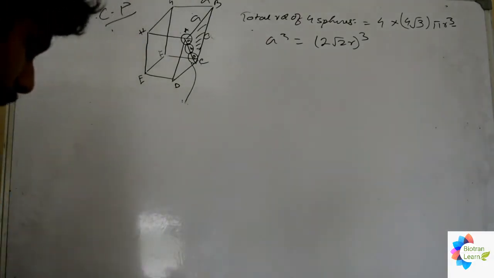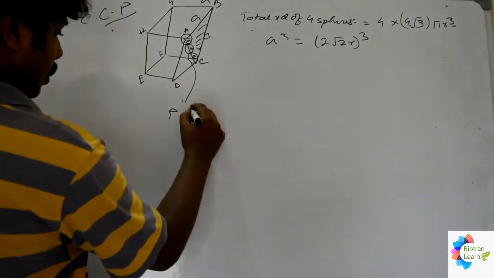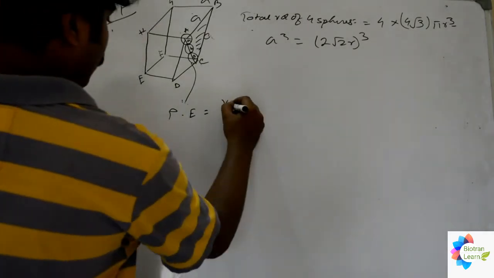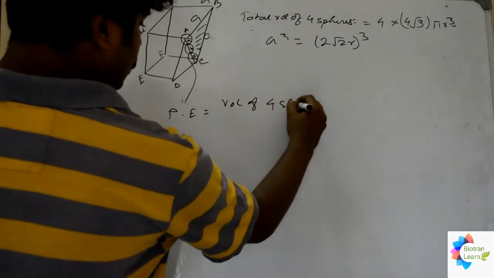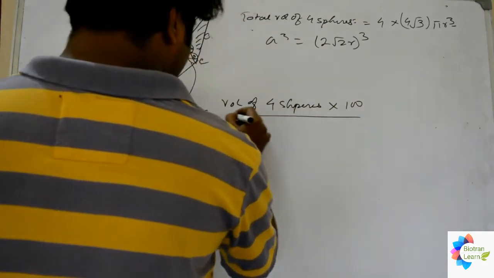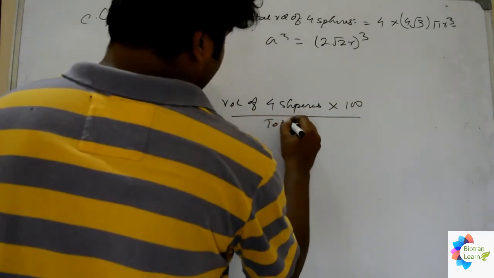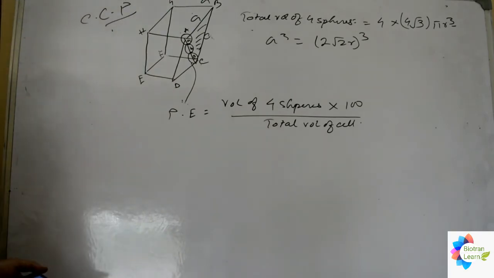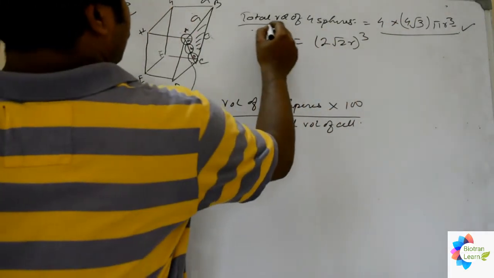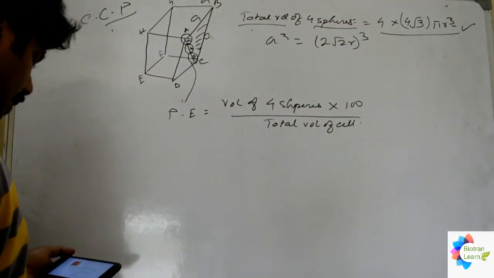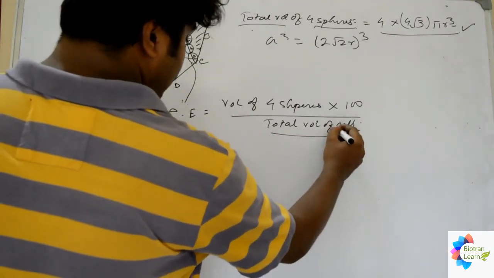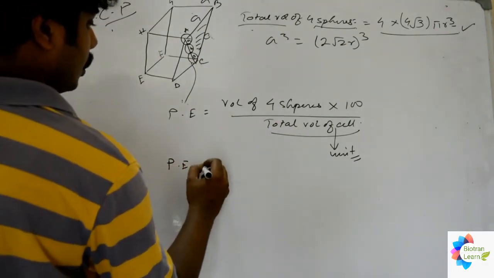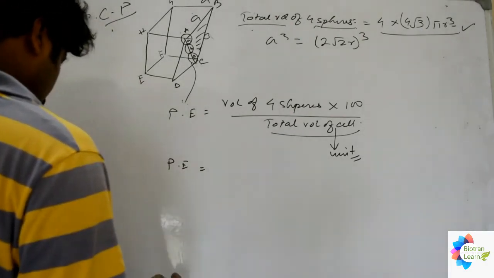Okay, so packing efficiency PE, हमें क्या चाहिए, volume occupied by the 4 spheres into 100 by क्या आ जाएगा, total volume of the cell. तो हम लोगों को क्या मिल गया, वॉल्यूम ऑक्युपाइड बाय द 4 स्फीयर्स कितना आया, ये वाला. देन टोटल वॉल्यूम ऑफ अ यूनिट सेल, इसमें हम लोग यूनिट जोड़ना भूल गए, दिस विल बी द यूनिट सेल, राइट. देन पैकिंग एफिशिएंसी, इसका वैल्यू हम लोग अगर डालेंगे तो कैसा आ जाएगा, दैट विल बी इक्वल टू 4